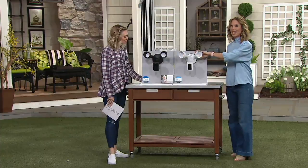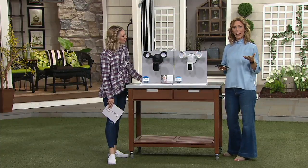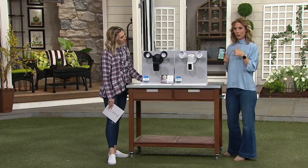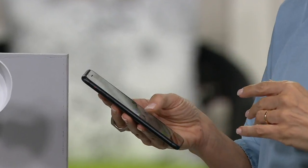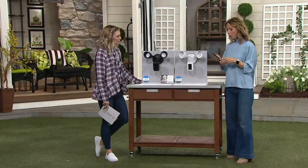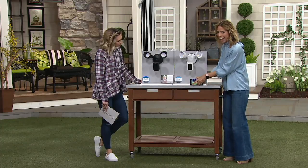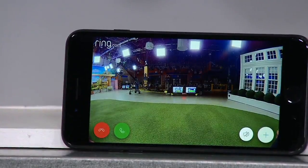Exactly. And how this works again is the minute something or some motion is detected at your house, you're going to get a notification on your phone. Now, it doesn't matter if you're Android or Apple, you download the free app and you're going to be able to be connected to your home wherever you are. So I'm going to go ahead and I'm going to open up, I'm going to tap into live view for this camera right here. And I want to just show you the range of the camera, because not only, Christine, is it a camera, it's 1080p high definition video. So what you can see on this camera right now is exactly what this